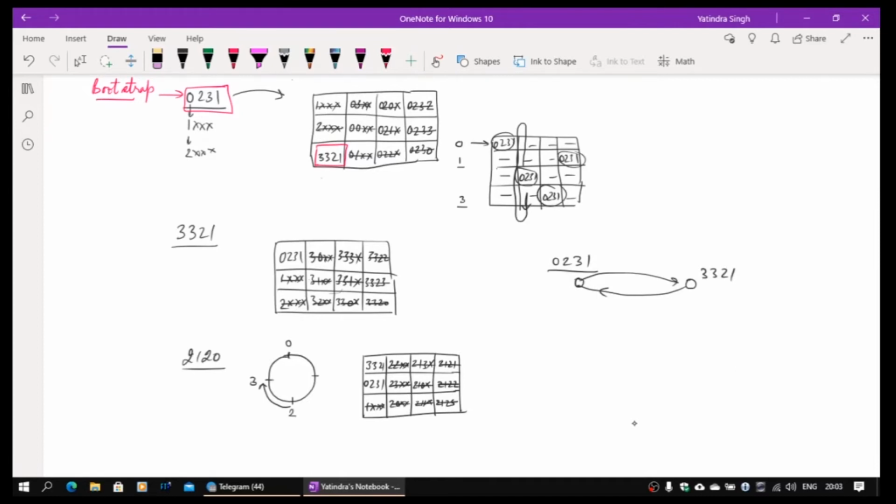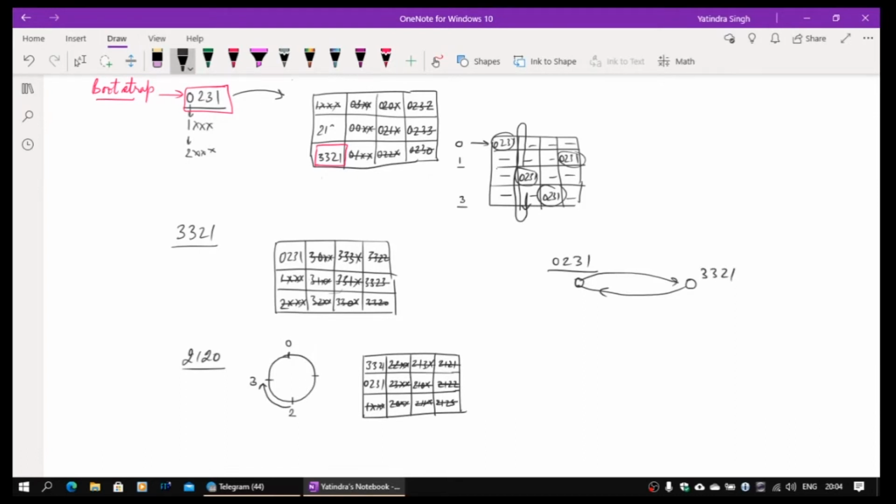Similarly, once 3321 comes to know of the information, because it's a root node, information goes to 0231 and from there to 3321. So 0231 also has to first of all make the correction. It will make a 2120 entry, because now this entry can be pushed here. So 2120 will become a valid entry.